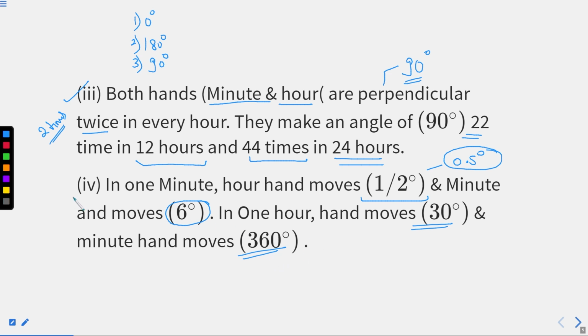I have already explained point number 4 in the very first part itself, right? Because this is something very basic and everyone must be aware of these points. So, in the fourth point, what we have discussed is the distance covered in a minute. I hope this part is clear, right?